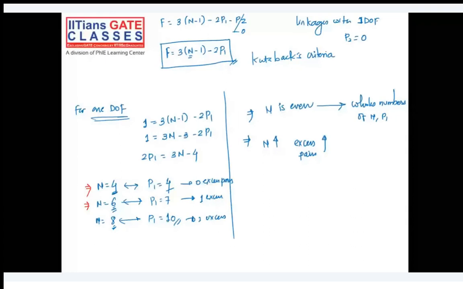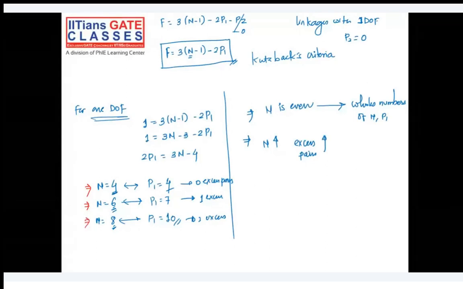Okay, so if it is a 4, then we will say it's a zero excess pair. Number of links and number of pairs are the same. Okay, and similarly if you again increase n to 8, the number of pairs is not 8, it is 10 now. So here we have two excess pairs. So the conclusion out of it was,